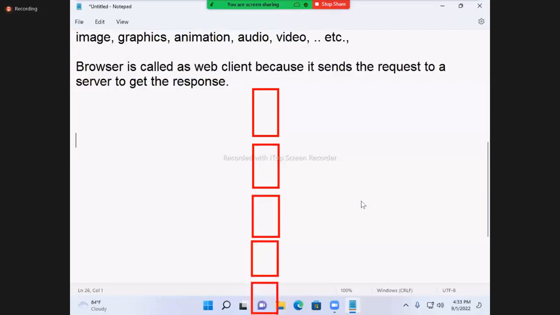Like this, in sequential order. Whenever you double click and open it, the first page appears, and as you scroll down, the pages appear in sequential order, from the first page to the last page. Like that, you can browse.